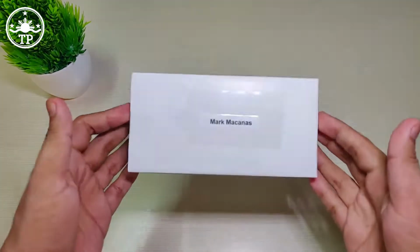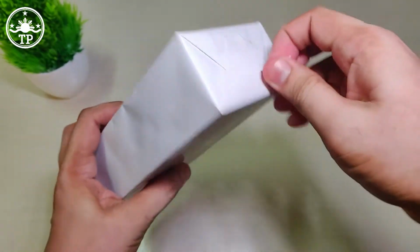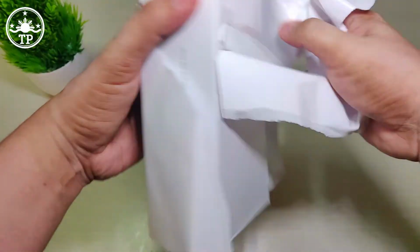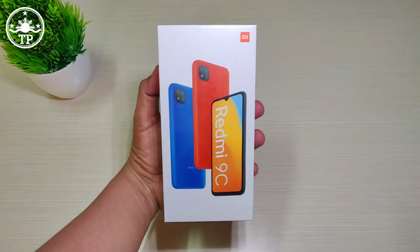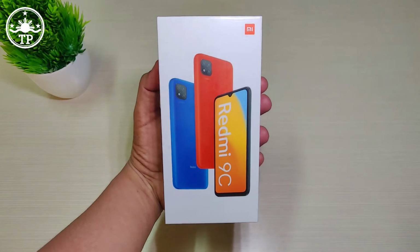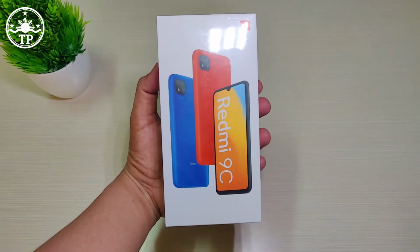So as you can see, this is my review unit from our friends at Xiaomi Philippines. So let's open the box. Okay, and this is the all-new Xiaomi Redmi 9C. So this is Xiaomi's newest offering in the entry-level Android smartphone category, and as such, this one is targeted towards the budget-conscious students or young professionals who are currently looking for a new smartphone or a